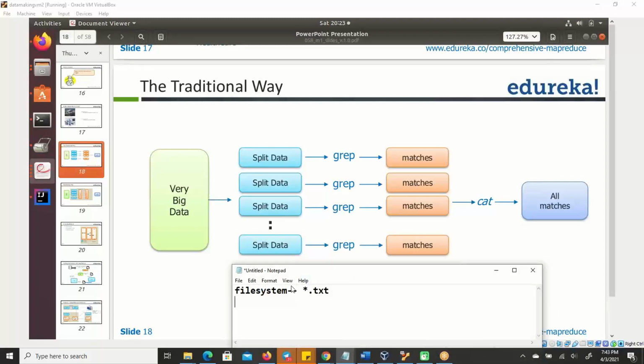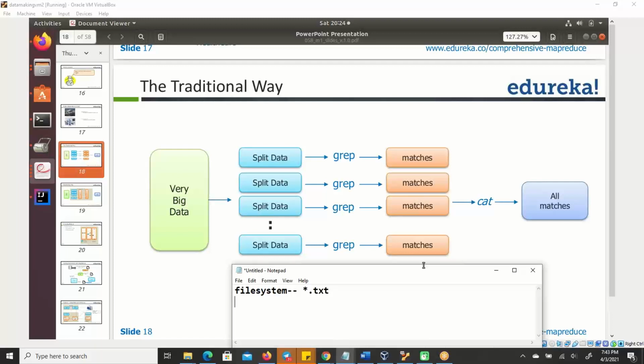We divide our large data set, split the data, and do separate searching on each part. Wherever the search matches, I collect all the data from the different machines,